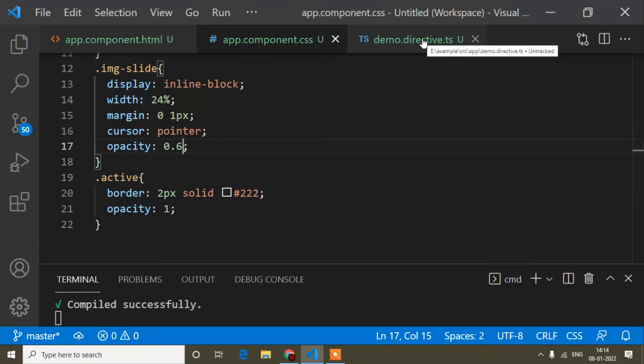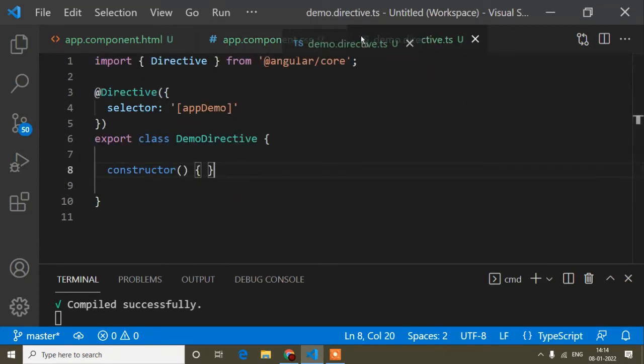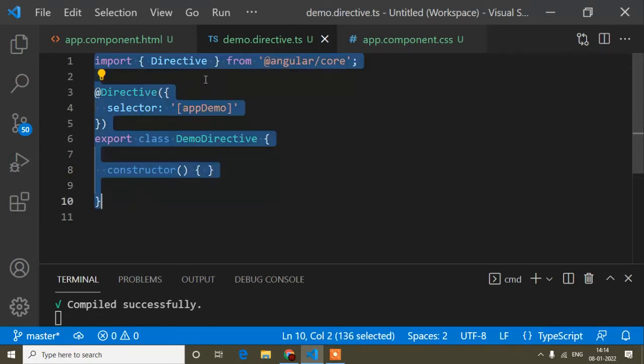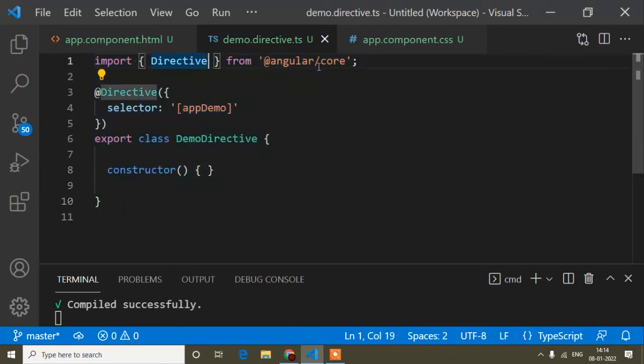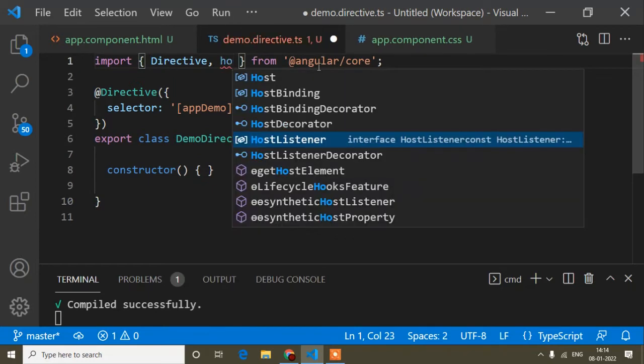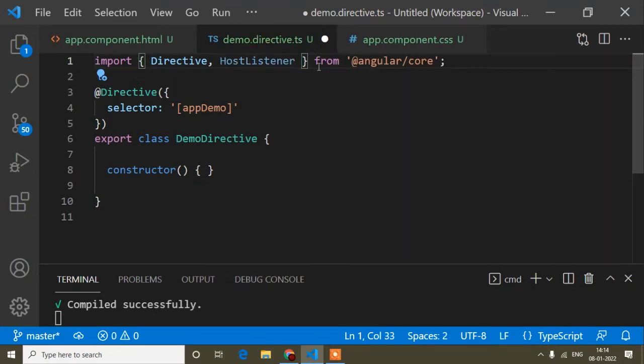That's the time I need this directive. I will drag this directive here, and after creating the directive you will find it looking like this. Now you have to add some decorators, that is HostListener and ElementRef.